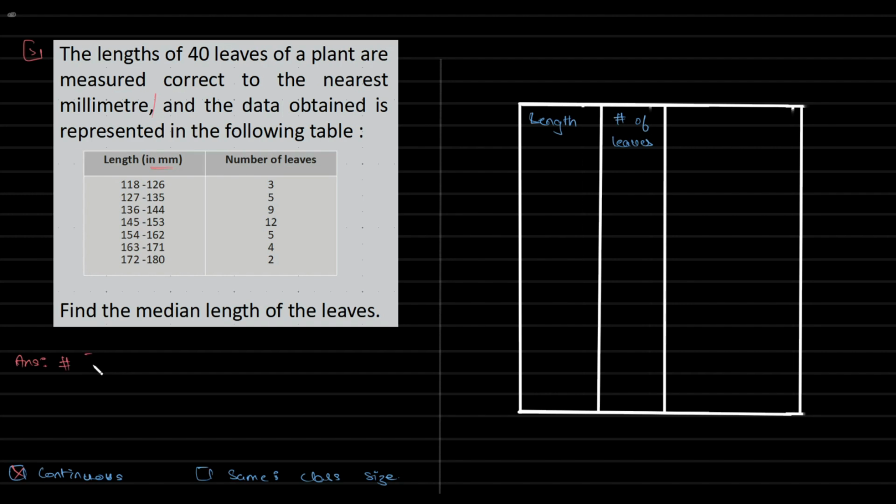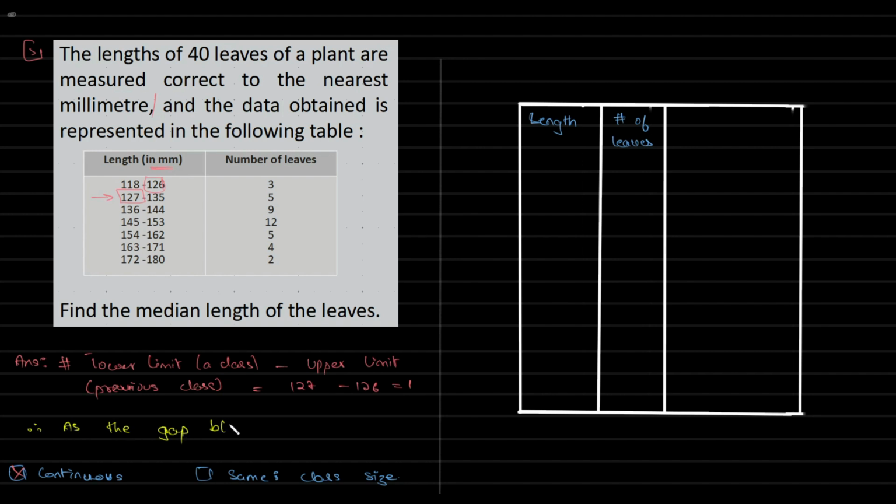First thing is, we have to find the difference between the lower limit of a class minus the upper limit of the previous class. For example, 127 and 126. This is the lower limit of a class minus the upper limit of the previous class. The difference is 127 minus 126, which is equal to 1. Now we tell this is the gap